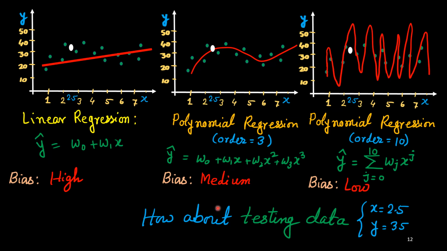Okay, so here you see this one point I have considered. When x equals 2.5, at that time y is 35. So this is the point. These are the 3 points. Now look at this first model, the linear regression. There you see this much error. And here this point is very close to this curve, and here you see this is the error, huge